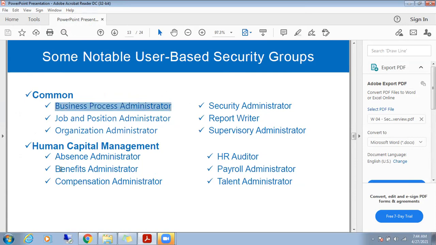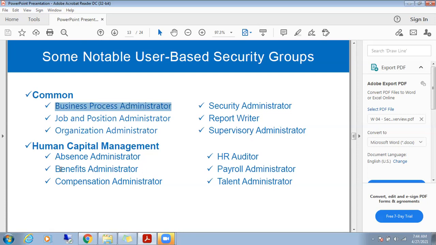Now, some notable user base security groups. Whatever the user base, you go for administrator. Business process administrator can see where all the business processes are, how many business processes are completed, how many are in process, how many exist with a particular user.